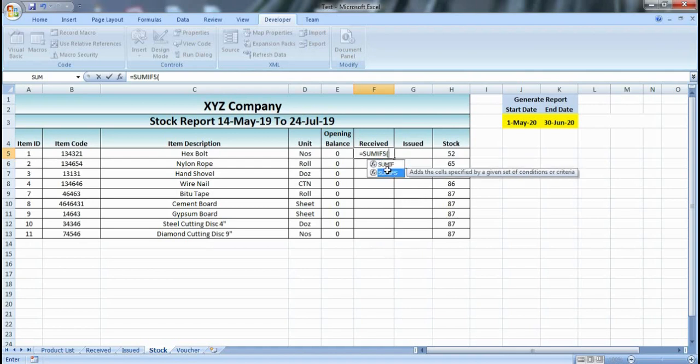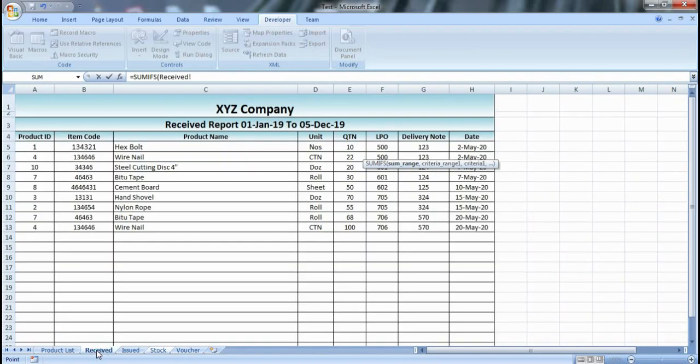This is the formula name. Then it is asking for a sum range, so I want to sum the receive quantity, so I will go to the receipt sheet and select this cell and take it down.